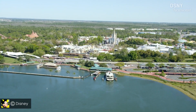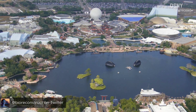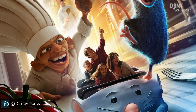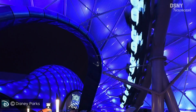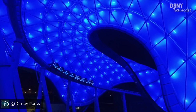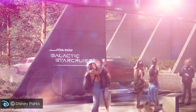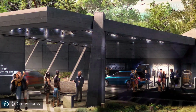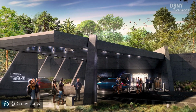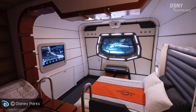As Walt Disney World has many projects under construction at the moment that will open within 2021 and into 2022. From Remy's Ratatouille adventure, to the Epcot transformation, to the all-new roller coasters with the Tron Light Cycle run at the Magic Kingdom, and Guardians of the Galaxy Cosmic Rewind. But the one project that has seemingly sparked the most amount of interest has to be the 2-day, 2-night ultra-immersive experience on board the Star Wars Galactic Starcruiser, or what has come to be referred to as the Star Wars